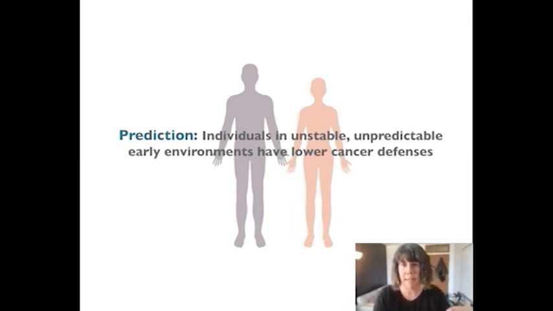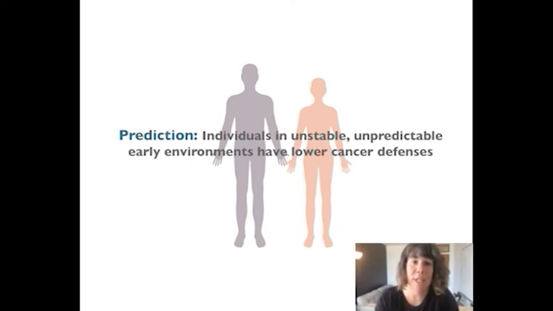Although we argue that calibration of somatic maintenance could be different from this early life setup. And so with our data set, we wanted to say individuals in these unstable, unpredictable, harsh early life environments will have lower cancer defenses, and then they'll have higher cancer later on in life. In order to test this,